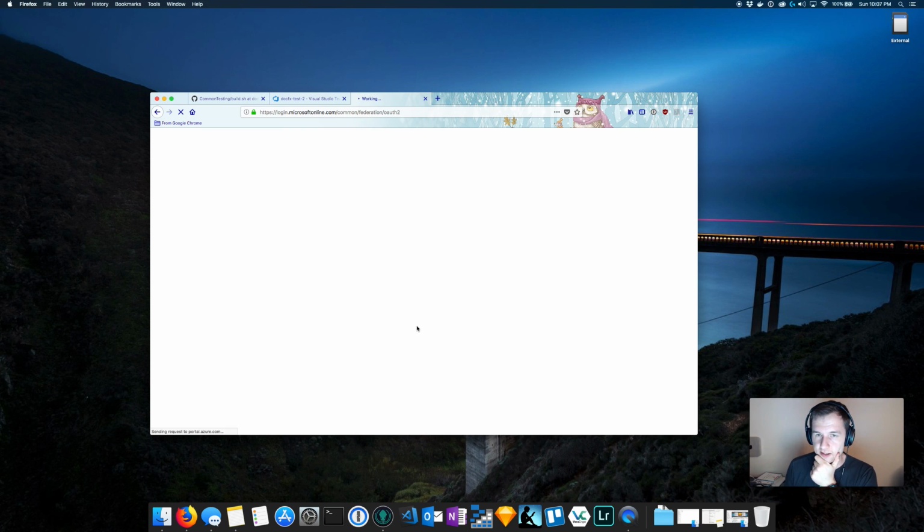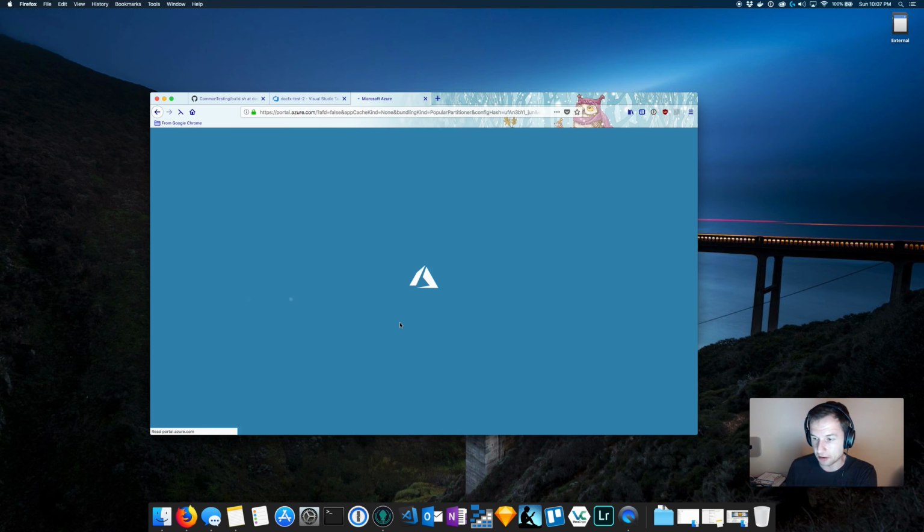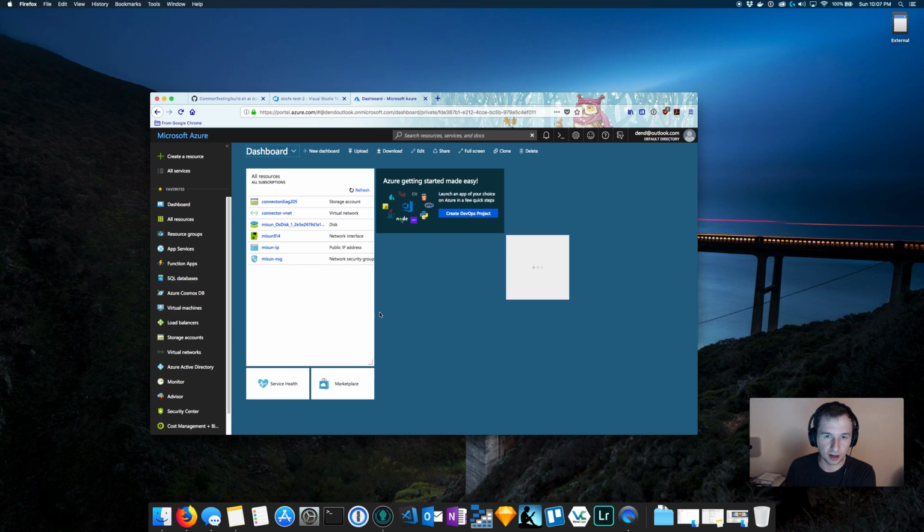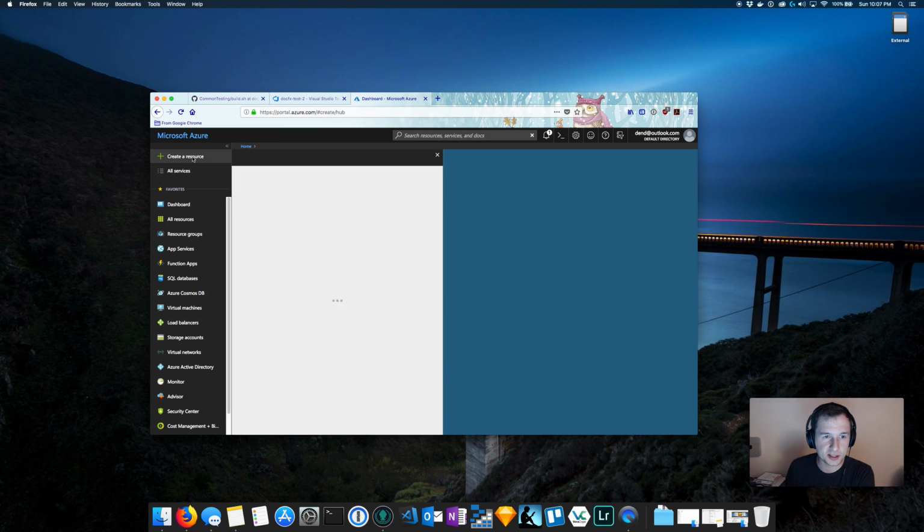And so once the Azure portal loads, what we need to do is create a new storage account. Azure is free in terms of a trial, so you can sign up, and I highly recommend that you do. There is so much goodness in Azure that you totally should get it. So we're gonna do create a resource,